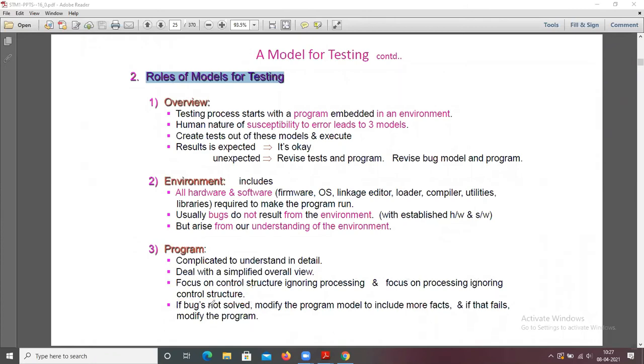If a bug is not solved, modify the program model to include more facts, and if that fails, modify the program. It means you get one bug and it was not solved, then modify the program model to include more facts, and if that fails, modify the program.